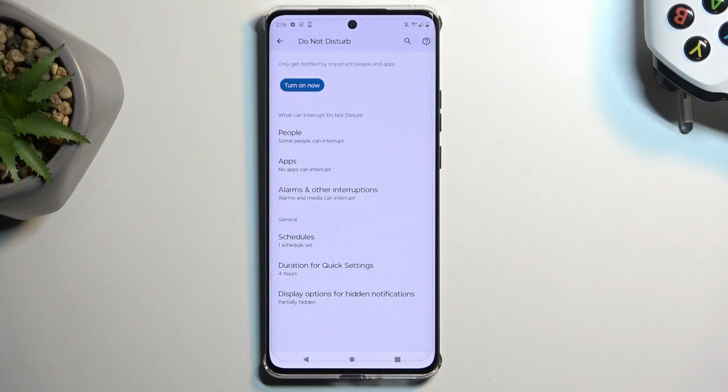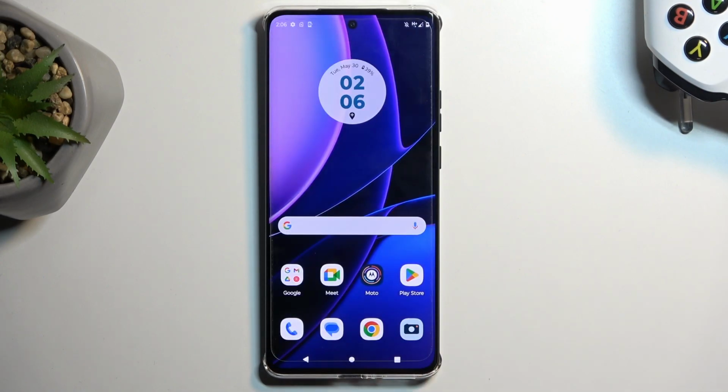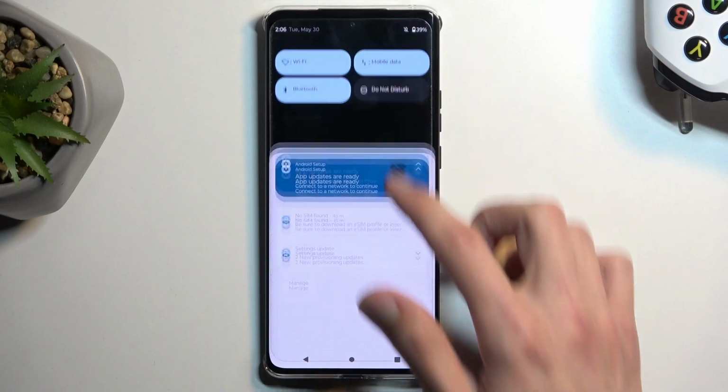So those are primarily all the options that I would focus on and that might be important. The rest of them are just kind of whatever, so preferential. If you find something that you want to change, go right ahead. But for everyone else, I'm just gonna close this, and whenever you want to enable your Do Not Disturb mode,